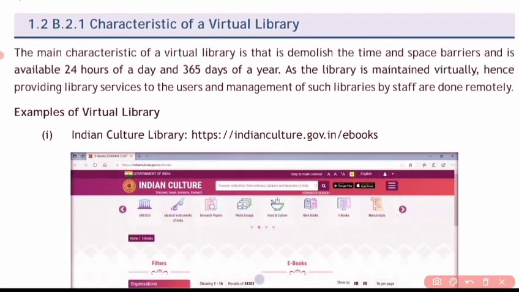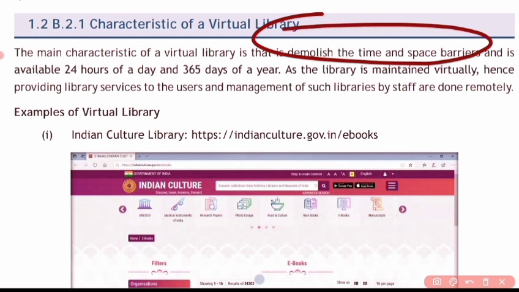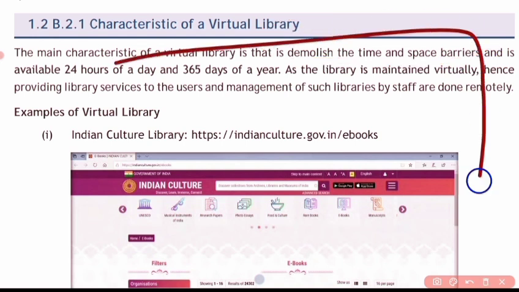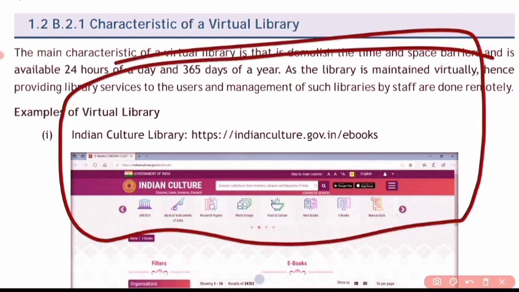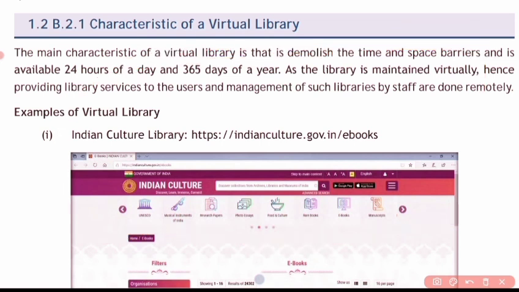And then if we look at the characteristics of a virtual library, the main characteristic is that it demolishes the time and space barrier. When you have a bulk of volumes, it would take a lot of space to store.